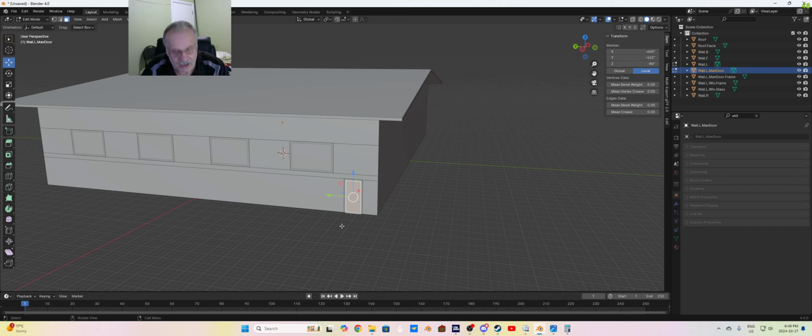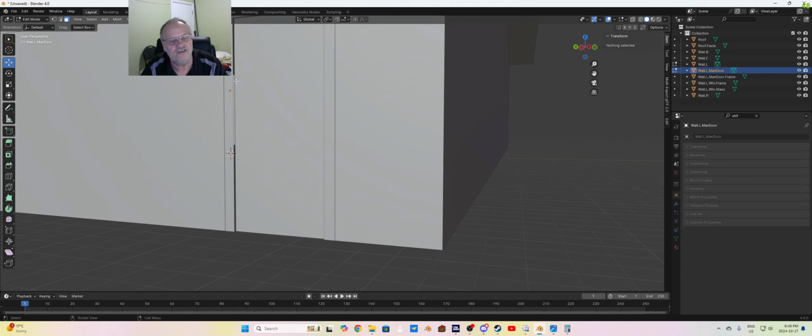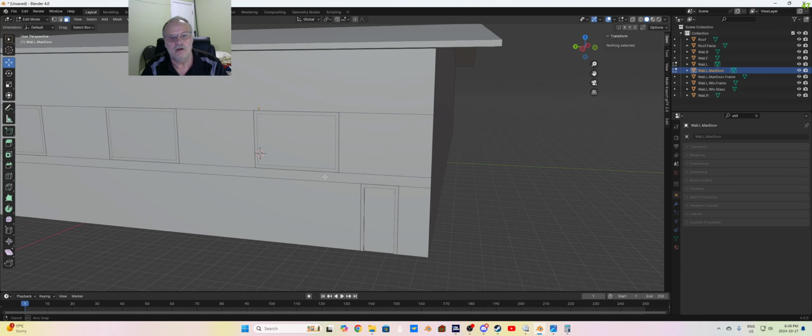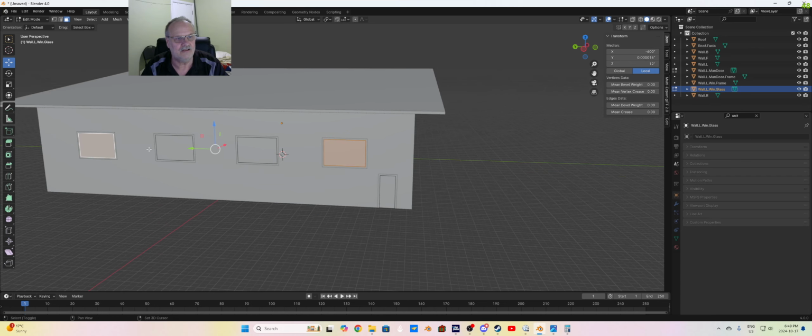So we're going to hit G, X1, enter. And if I get a little tighter in on that, you can see it's there. Now there is a gap there, and that's okay. Don't worry about that. We're going to fill that in later. Okay, but now what we're also going to do is the same thing for the glass. So we're going to select these windows, and we're going to push those windows in 1 inch as well,